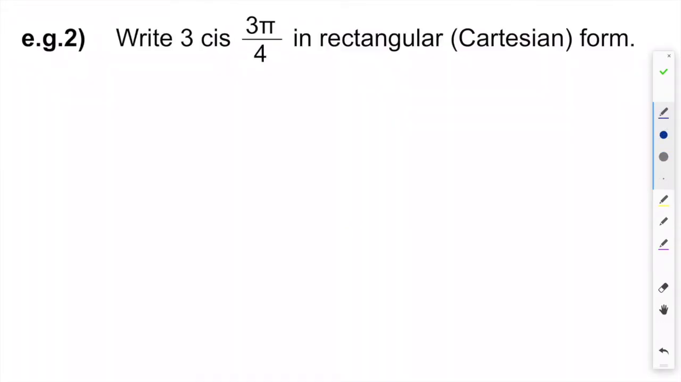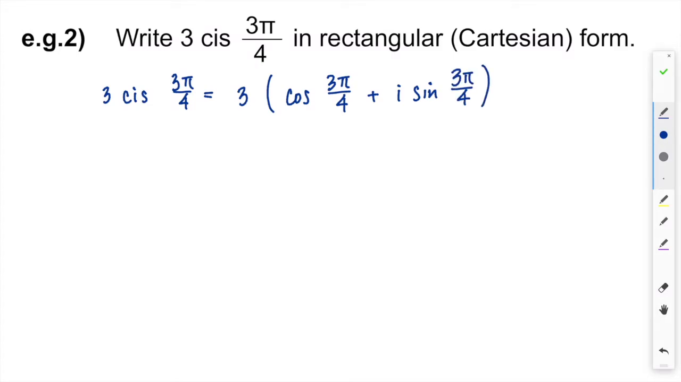Example 2. Write 3 cis 3 pi over 4 in rectangular or Cartesian form. So here we know that we have to use cosine and sine to do this question. Let's write this down. 3 cis 3 pi over 4 is equivalent to the modulus 3 times cosine 3 pi over 4 plus i sine 3 pi over 4, like that. And then using our CAST rule, whatever you call it,